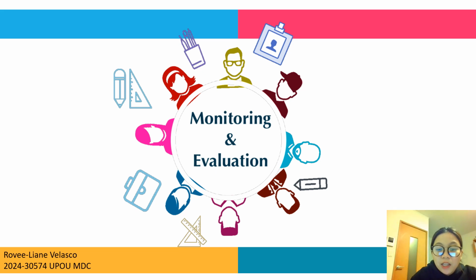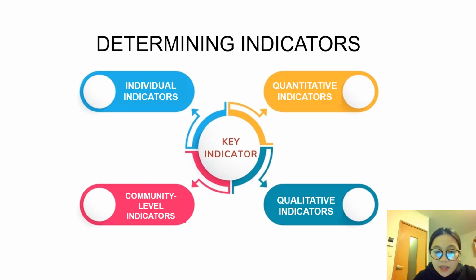Our reference material elaborated two types of indicators, and these are individual indicators and community level indicators. So these indicators are both metric types of indicators used to evaluate the impact of a program or plan, but they focus on different levels of measurement. So I'll also touch on quantitative and qualitative indicators, but the other reporters for this module will explain these two indicators further. So the first one is